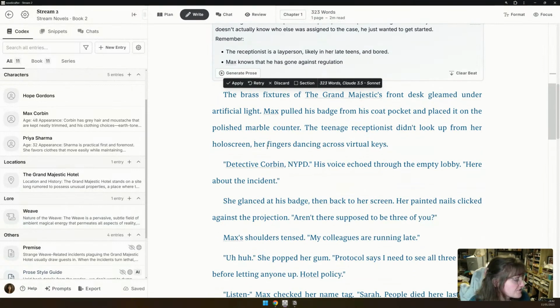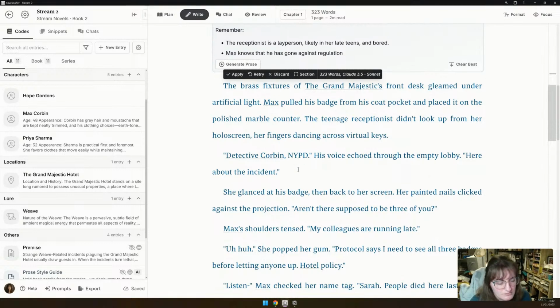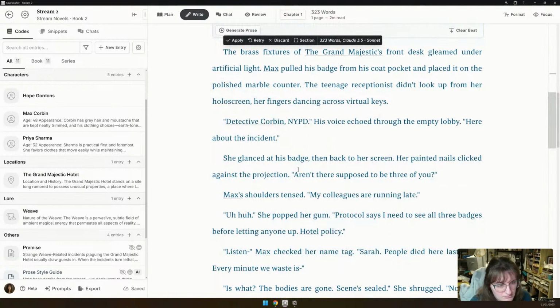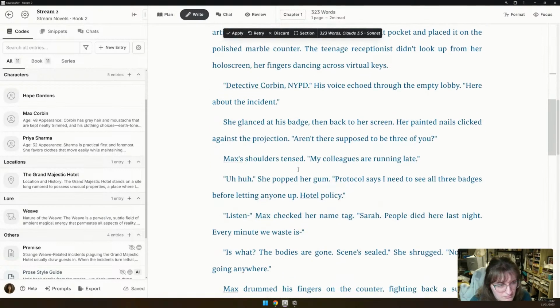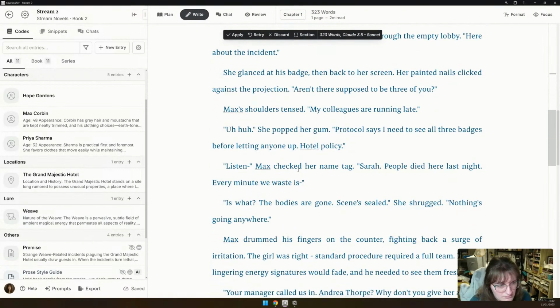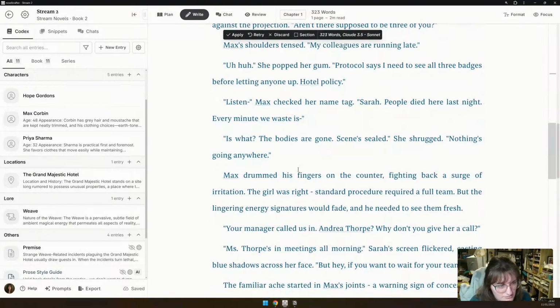Hollow screen, so it's using the time period and the location. Wow, Sarah is brutal, guys. Every minute we waste is what? The bodies are gone, scenes sealed, nothing's going anywhere.